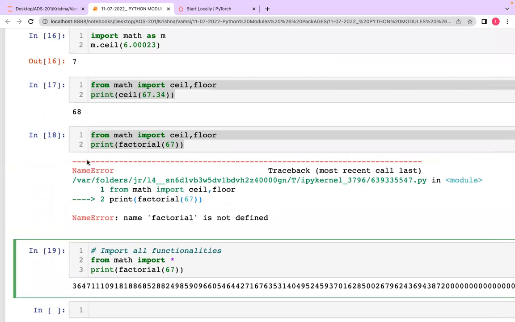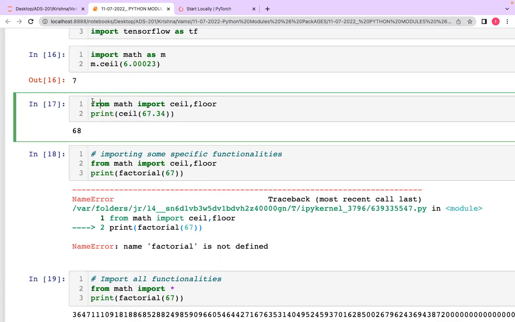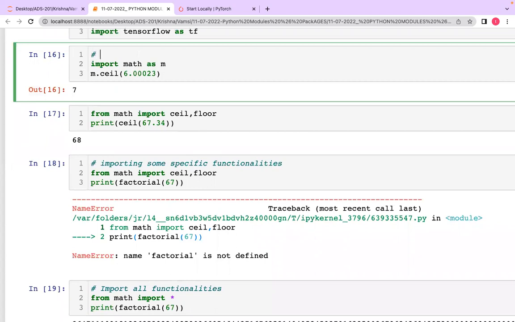Only importing some specific functionalities. Now renaming: importing the module with a different name, importing the modules and renaming as your own name.